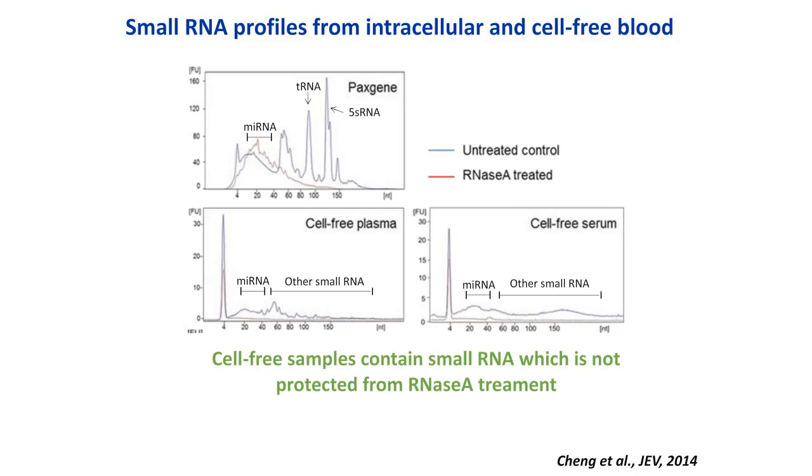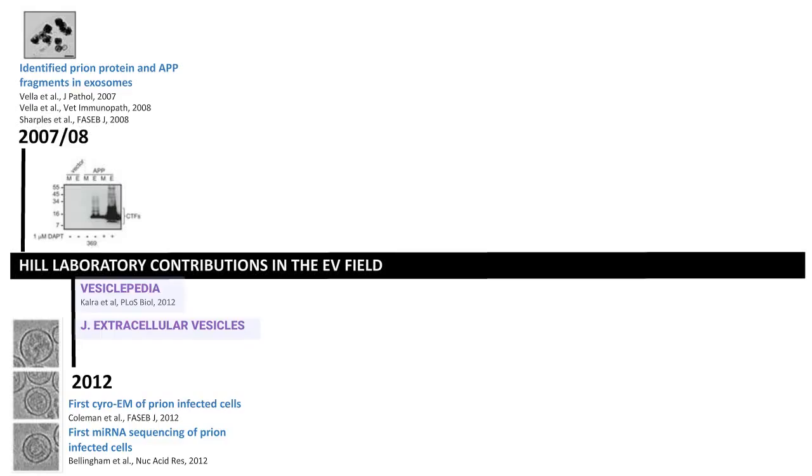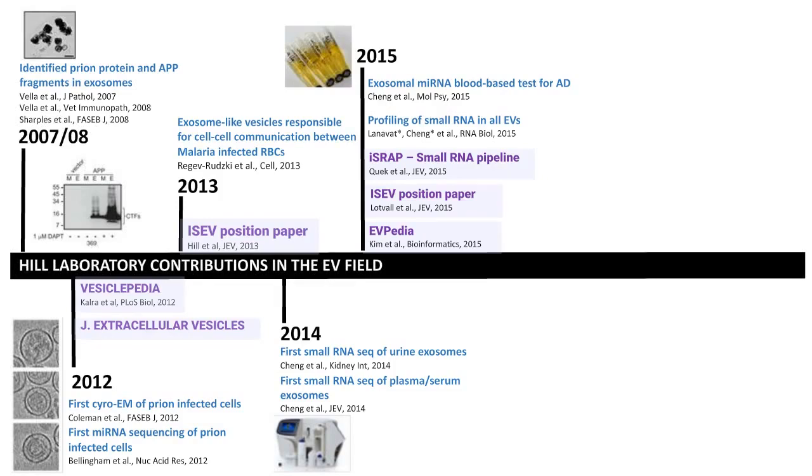Dr. Cheng, have you looked at miRNA presence within microvesicles as well? Is there a reason you have focused specifically on exosomes? Yeah, good question. We have profiled small RNA from microvesicles as well as apoptotic bodies. And again, they produce a different small RNA profile, where there is less microRNA in microvesicles and apoptotic bodies. So if you look at some of the papers that I've shown here, we have isolated and sequenced microvesicles in this paper